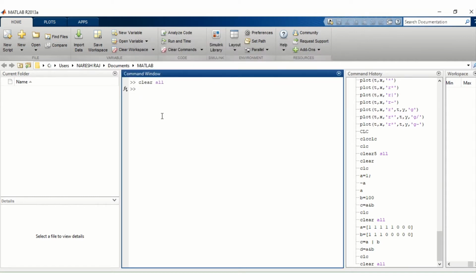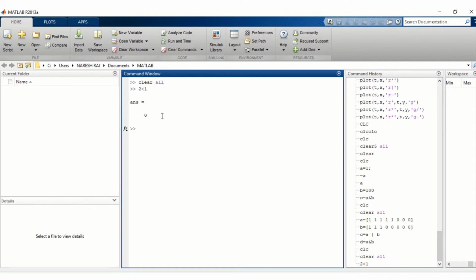First we will see that this gives a result of true or false. As we know, true is 1 and false is 0. See, if 2 is less than or equal to 1, then what is the result? It is 0, because 2 is greater than 1, so the condition is false, and the result is 0.